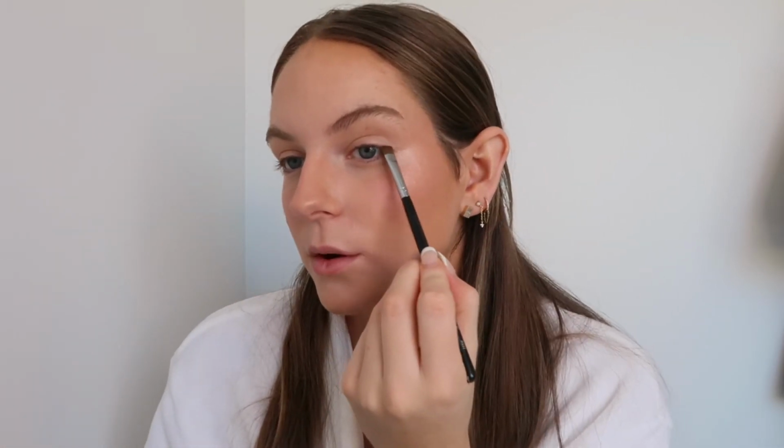Next step is my eyes, and I do not do a lot with my eyes. A lot of the time I will just leave them as is, or I'll put a little blush on them and bronzer in the crease, blush on the lid. But if I am, again, going to an event or doing something a little more fun, I will take a dark brown eyeshadow. I'm using this little palette from, again, Physicians Formula, and I just take that really dark brown shade, plop in my straight edge brush, and then I just sort of extend and make a really